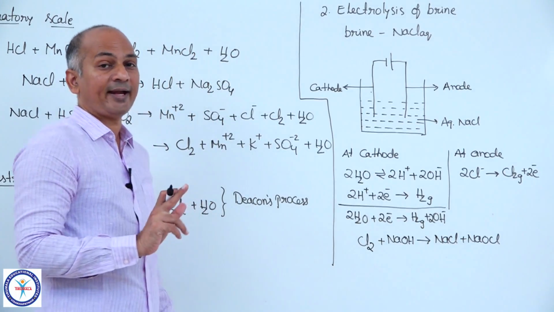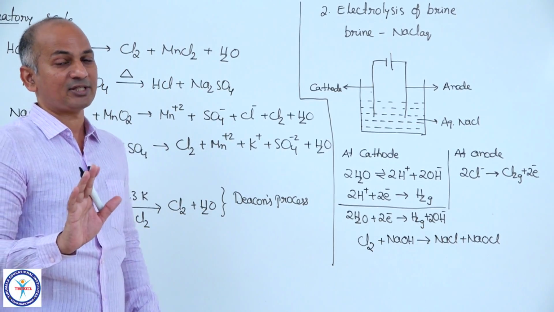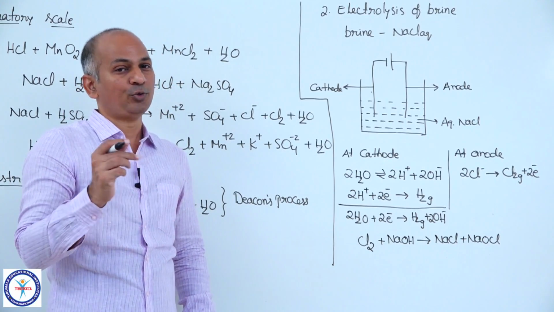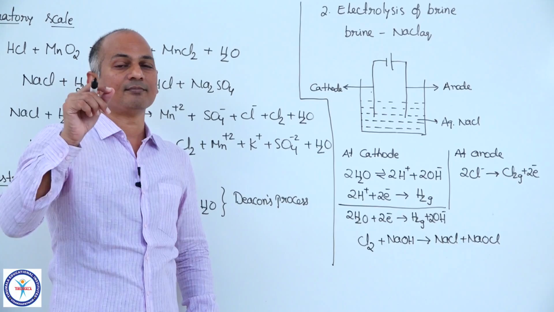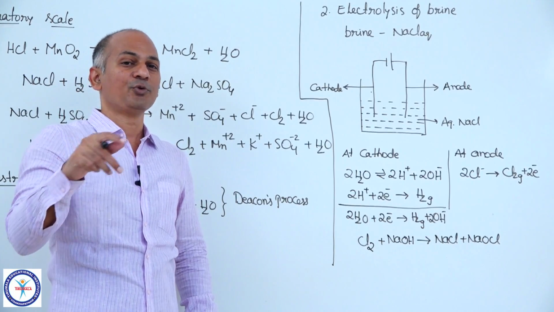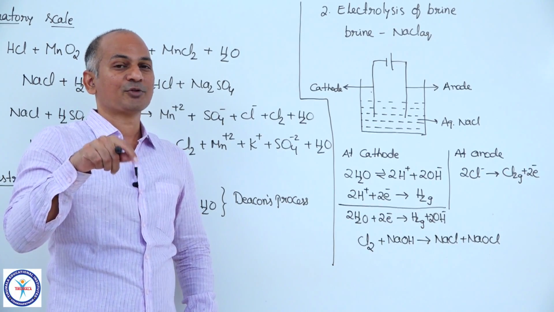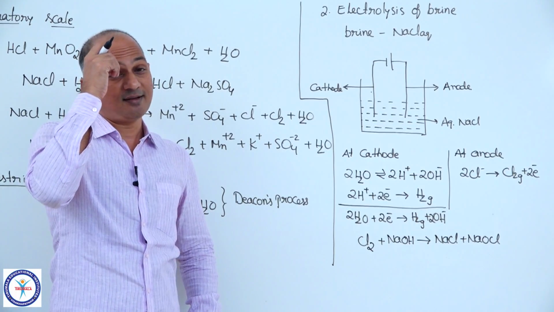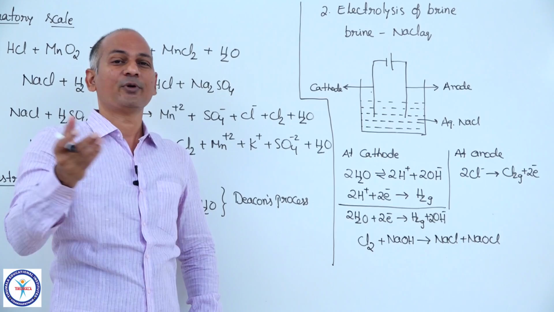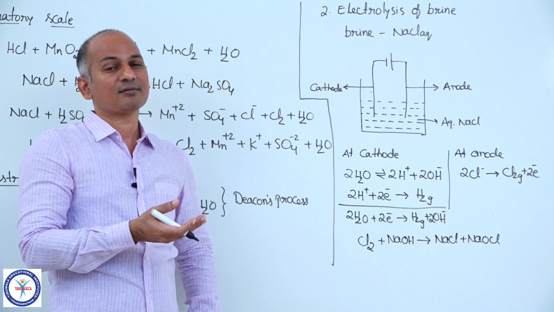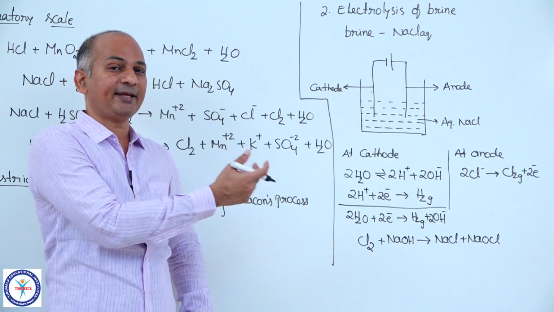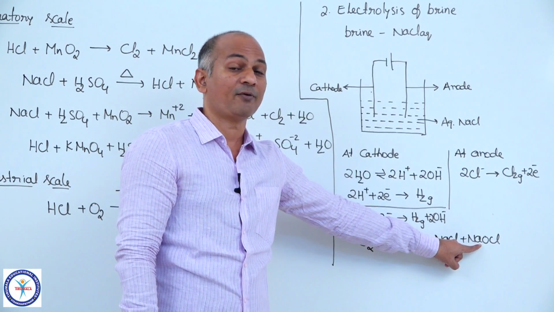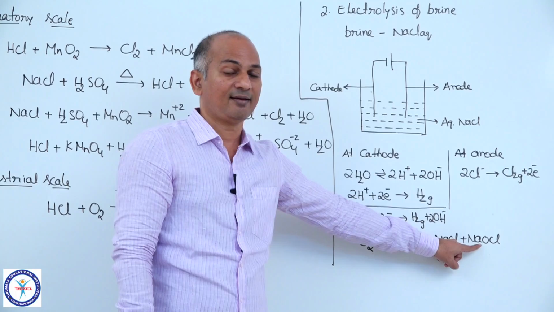On stirring at room temperature. Don't increase the temperature. Keep the temperature at 25 degrees Celsius. You take a glass rod, and from the beginning of the electrolysis, you constantly stir it. That means you are not allowing chlorine gas to escape from the reaction vessel. As soon as it is produced at the anode, it reacts with NaOH, and the products are NaCl and NaOCl, sodium hypochlorite, one of the very powerful oxidizing agents.